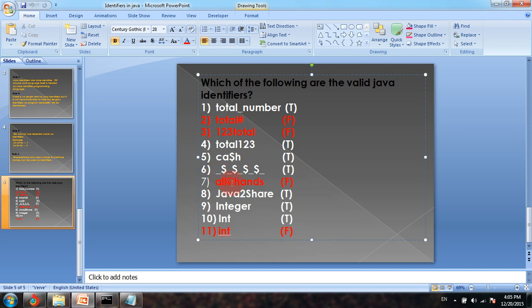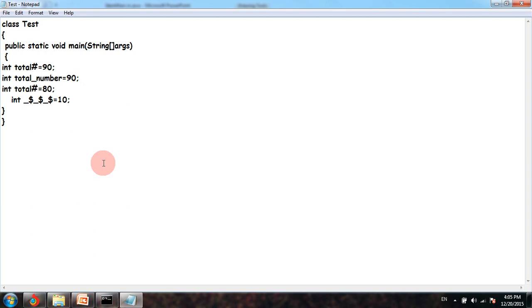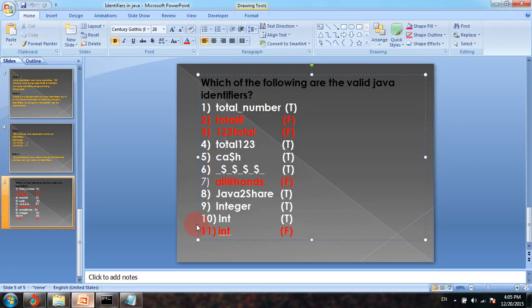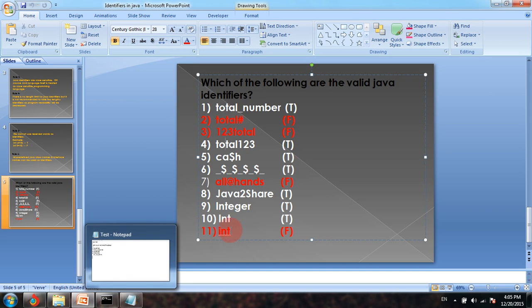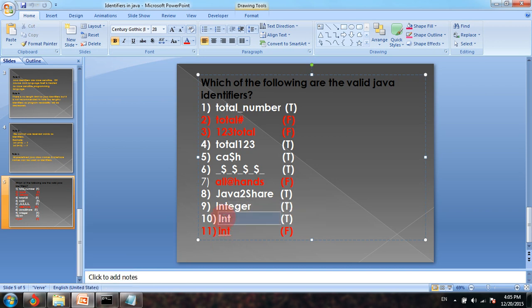The at symbol is also not a valid symbol. So say I write down cash equals 900 and then I declare that as an int. Apart from this, Java, Integer, and Int are all valid, but int with a small i is not valid. Remember, Java is case sensitive, so int in this case is a keyword, whereas Int in this case is not a keyword.